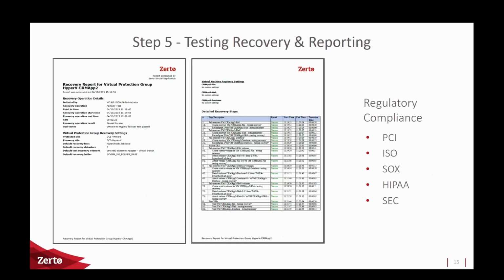The final step, once you've got everything protected, is testing it. And not only testing it, but then reporting on it to prove that you can actually recover, because it's one thing testing it, it's another thing having the evidence to then put to the business saying, hey, I tested this, this was the report, this proves that we can recover in Azure in minutes and it works. So one thing I'm going to show you in the demo, once you configure the replication, is how you actually test it. So what I'd like to do now is actually switch across and show you exactly what I've been talking about